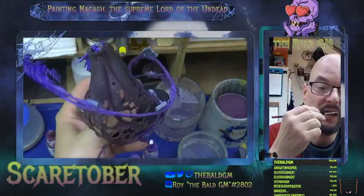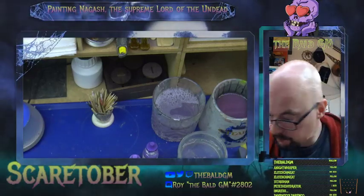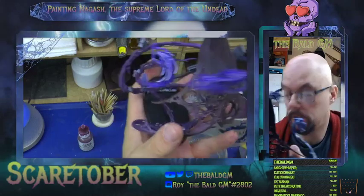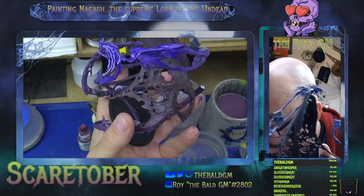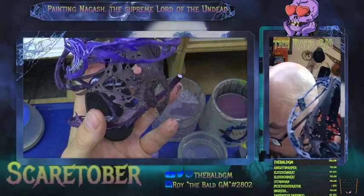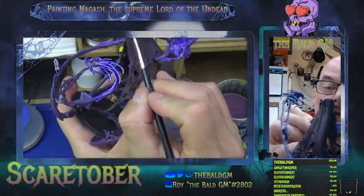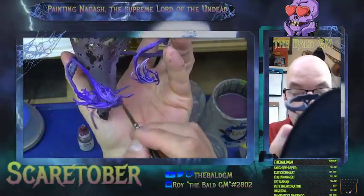Let's start a little bit of highlighting, which means I'm going to use the bruised purple and a little bit of orchid purple. I'm already getting very nice purple on my wet palette over here. Right, let's turn it over so I can